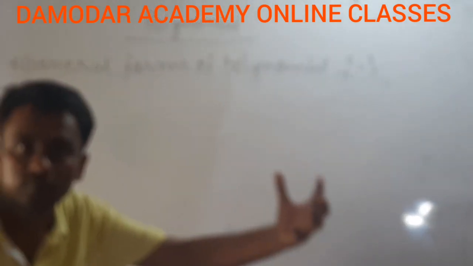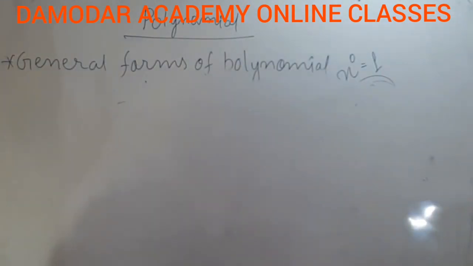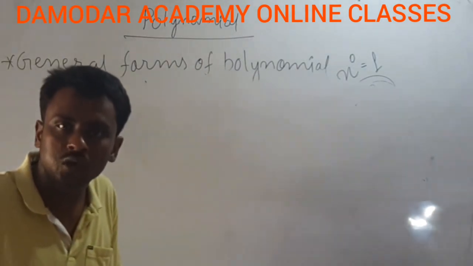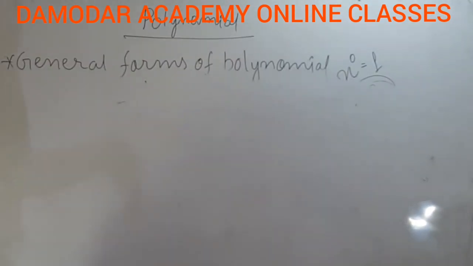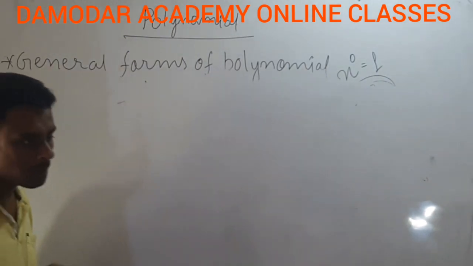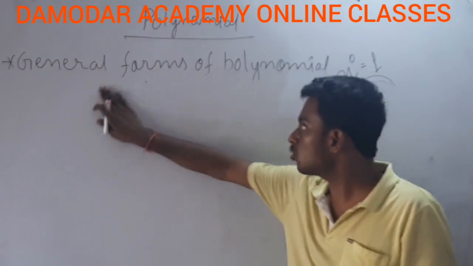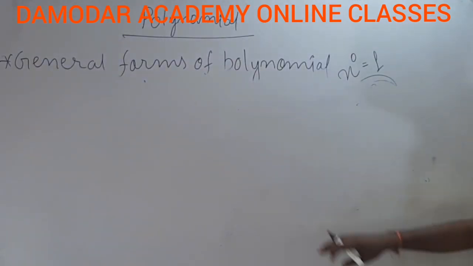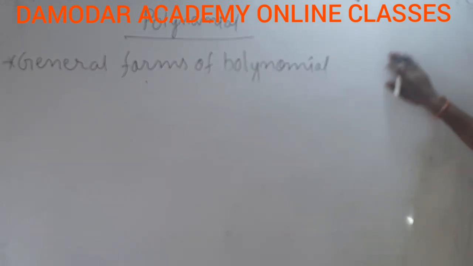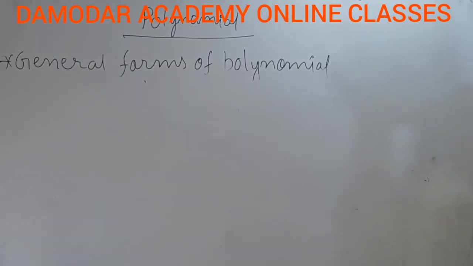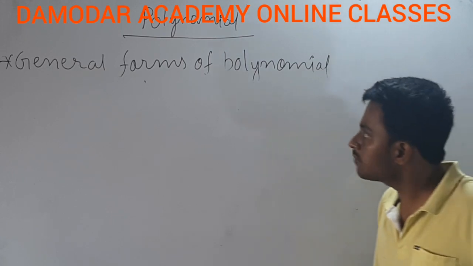the value of that polynomial is 0 will always be less than or equal to the degree. ओके, इस चीज को हम लोग और आगे जब पढ़ेंगे उसके बाद समझ में आएगा। ठीक है, अभी हम लोग क्या करते हैं, अब देखो डिग्री समझ में आ गई। आफ्टर डिग्री हम लोग जनरल फॉर्म्स ऑफ ए पॉलिनोमियल को देखेंगे। ठीक है, सबसे पहले क्या करेंगे,